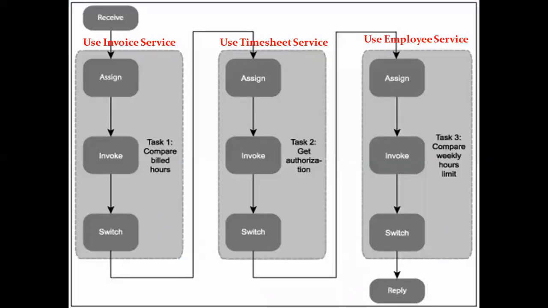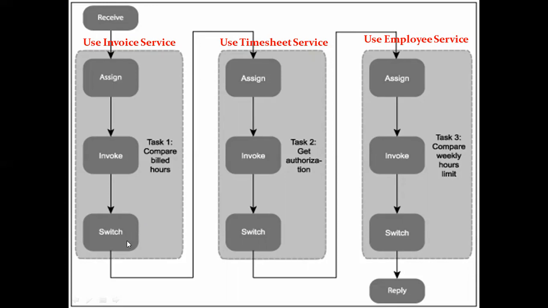And see here, this is the final flow, the final sequence of our timesheet submission process service. So what is the first step? Receiving the input from the worker. The timesheet is received from the worker, and based on the timesheet you retrieve the recorded hours from the timesheet, and retrieve the billed hours from the invoice table, and then invoke compare of the billed hours with the recorded hours.